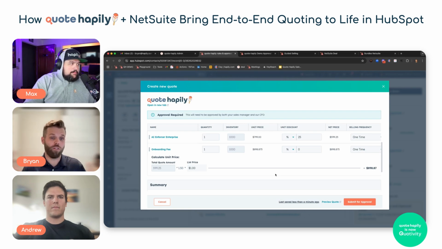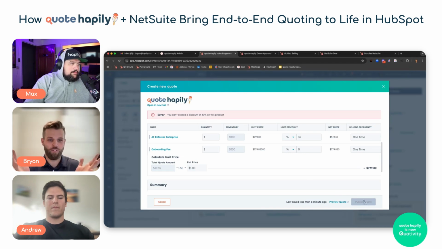So this is where we can do a multi-level approval, where it can be sent to not just one person in HubSpot, but we can also send it to multiple people in this case. And last but not least, when your sales reps get a little cheeky at the end of the quarter, trying to get that deal in at a discount that just wouldn't fly with any organization, say I try a 35% discount, we can just outright block a sales rep and say, hey, this is beyond the threshold that we're allowed to do on this product. And we can just block them outright and take away the publish or the approval functionality from them in this